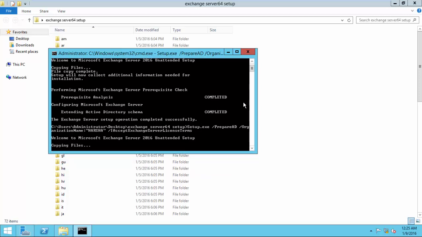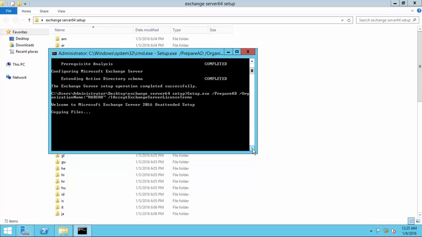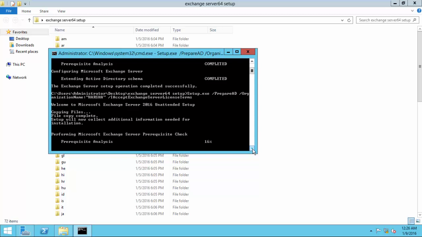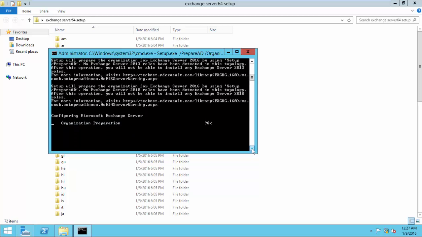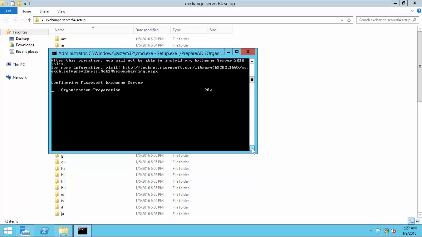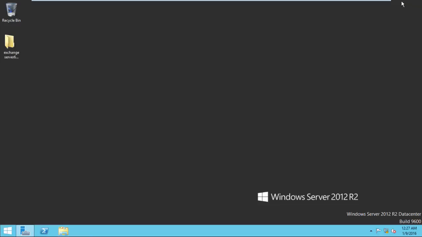It's completed. So click exit to close the prompt window.